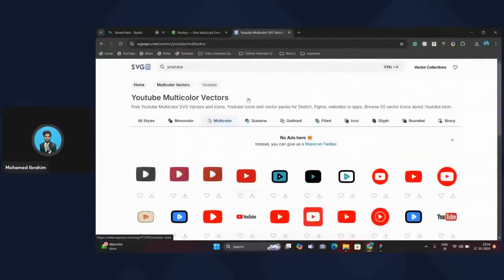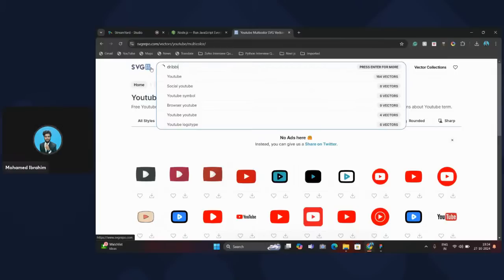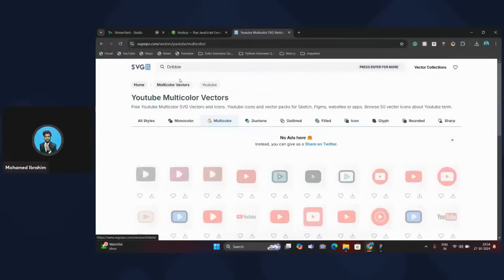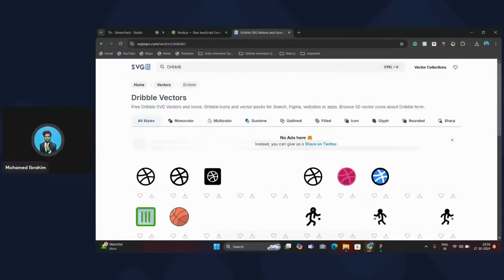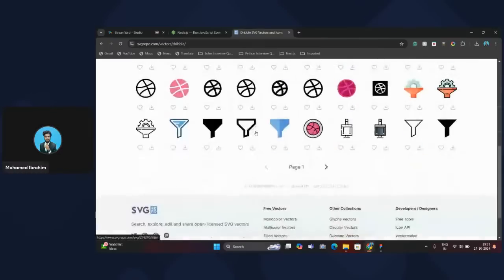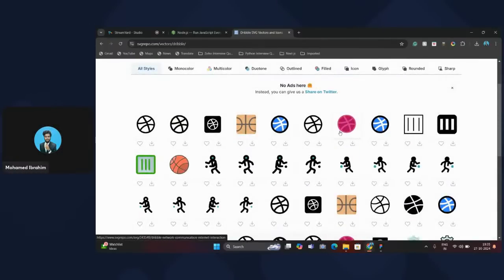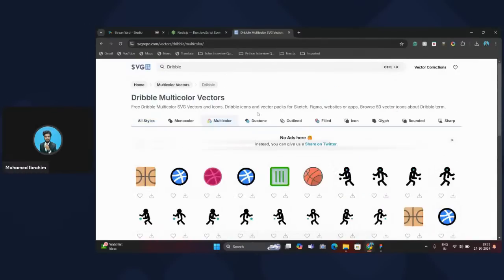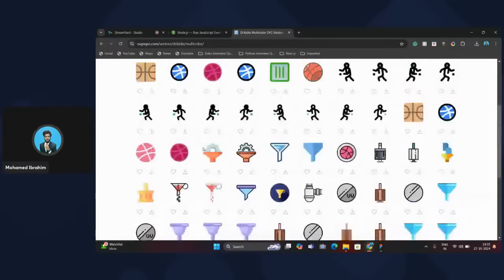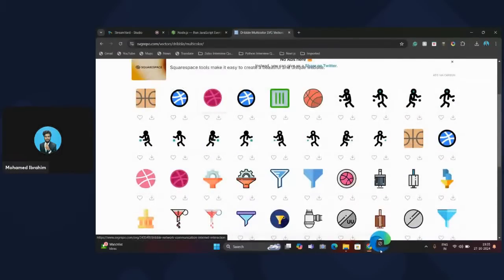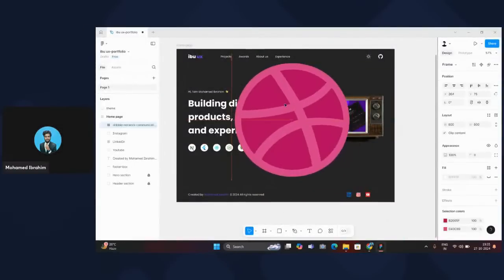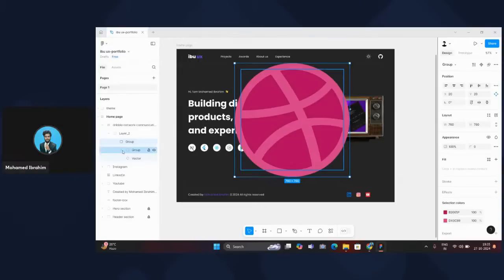Next thing we need to include here is Dribbble. Sorry, Dribbble comes with this triple tag logo. So multicolor, I'm going to select this multicolor, and I'm going to go with this color. Whether this color is good to go, yes, it is good to go. So it has a large number of rows over there. So we have a lot of. Just what I'm going to do is that